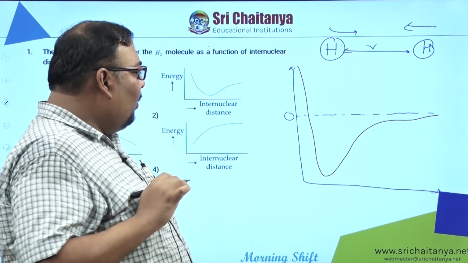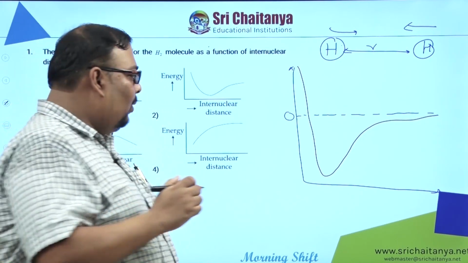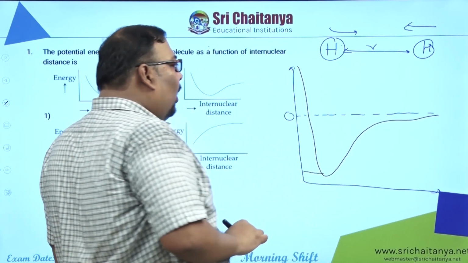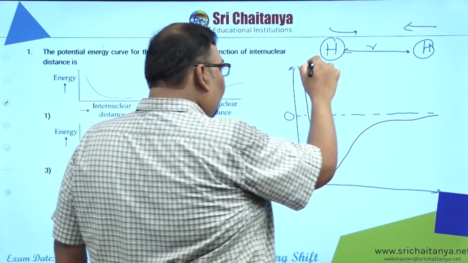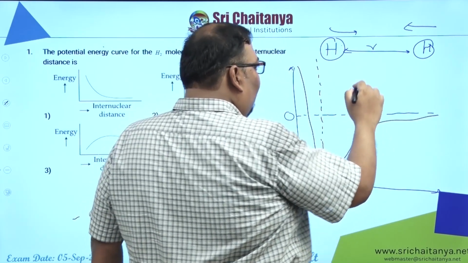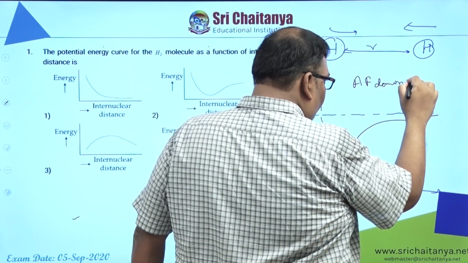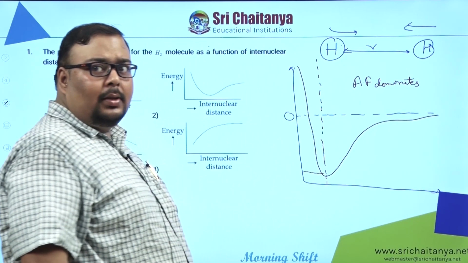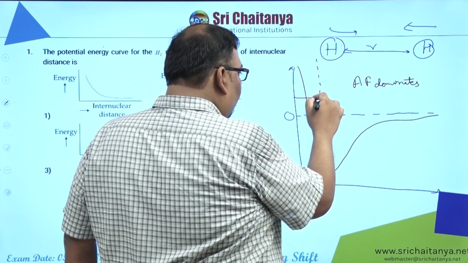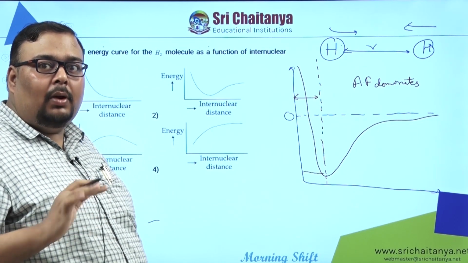Now you see, the potential energy will be decreasing till it reaches a minimum value, and that minimum value is this one. Up to this part, the attractive forces are dominating, and that is why the potential energy is decreasing. And this distance up to which the potential energy is decreasing, the system will keep on losing energy.